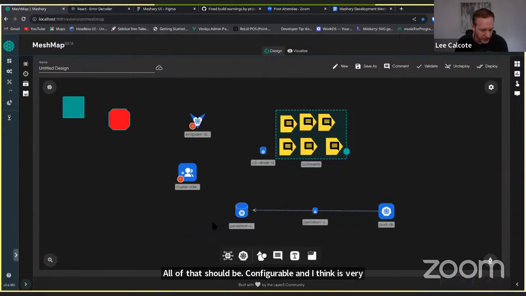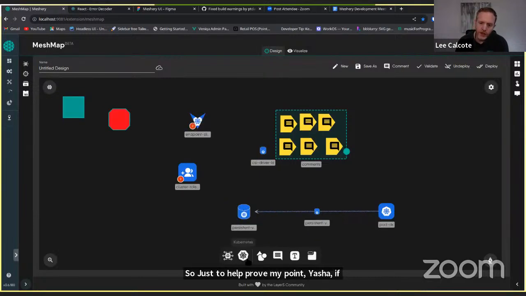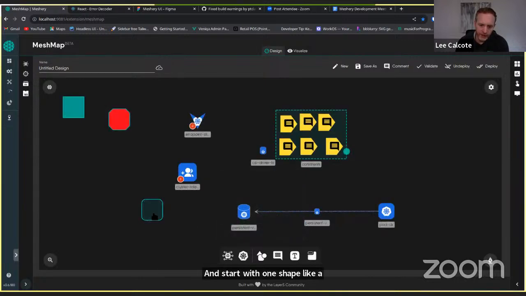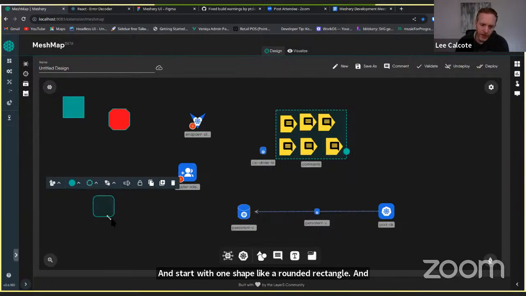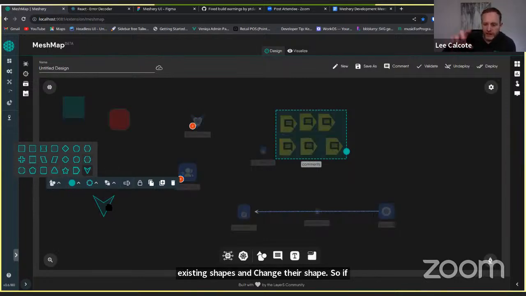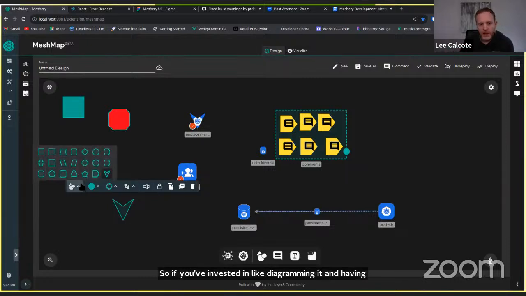So just to help prove my point, Yash, if you were to grab a shape or two and start with one shape, like a rounded rectangle, and perhaps decide that you'd rather that was a triangle or parallelogram or something else. So you're able to take existing shapes and change their shape. If you've invested in diagramming it and having it represent a certain way, you can come back and change that shape.